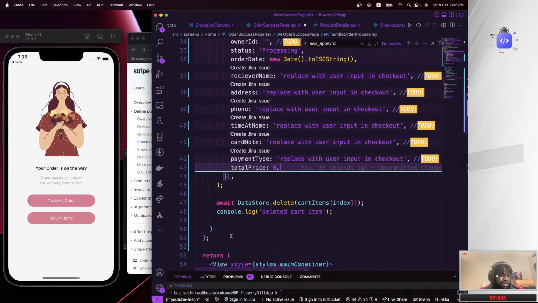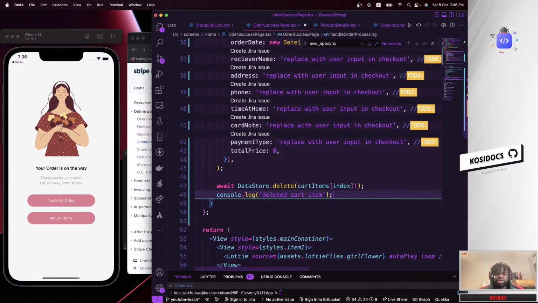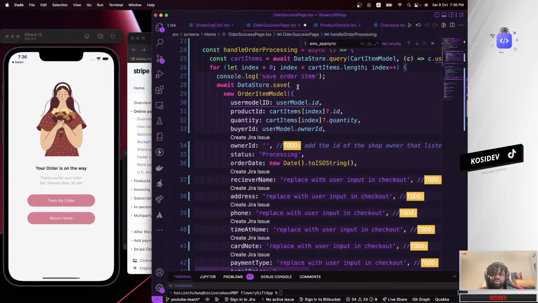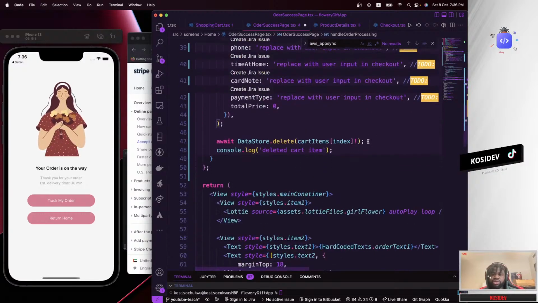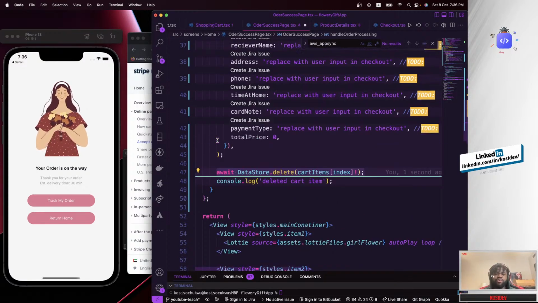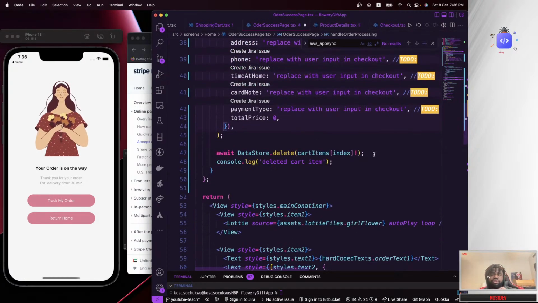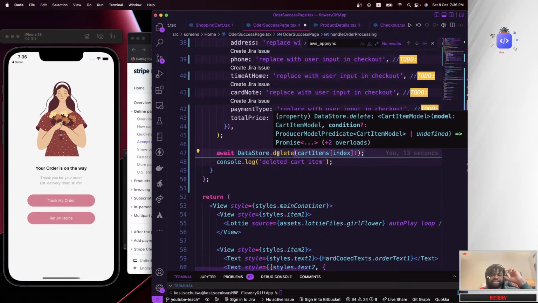And again, the funny thing, I want you guys to take notes here. We are creating the order. Whenever we create the order, we also delete that particular cart item. That's actually interesting. Whenever we create an order for any item in the cart of the user, we go down here and delete that cart item from the user's cart items.